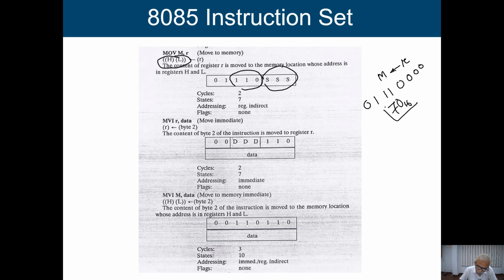This opcode is basically related to move M, B. That means from register B, transfer the information to a memory location. To which memory location are we going to transfer it? To a memory location whose address is available in this particular HL register.